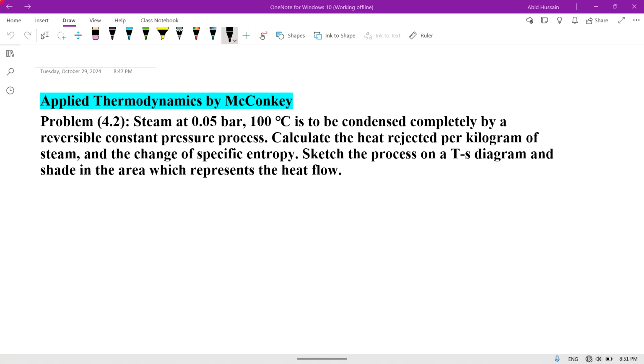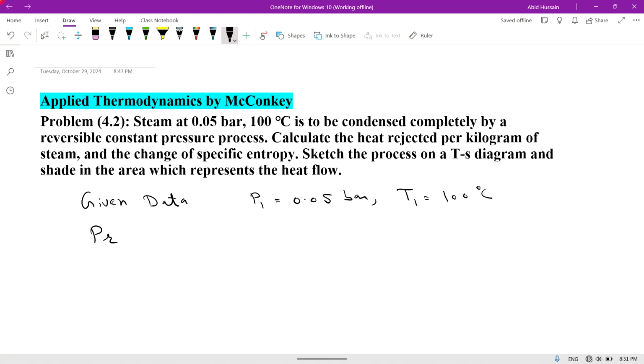So the problem is steam at 0.05 bar. First I write the given data. Steam at 0.05 bar means that pressure is equal to 0.05 bar and temperature is 100 degrees centigrade. Initially pressure is 0.05 bar and temperature is 100 degrees centigrade, and it is to be condensed completely by a reversible constant